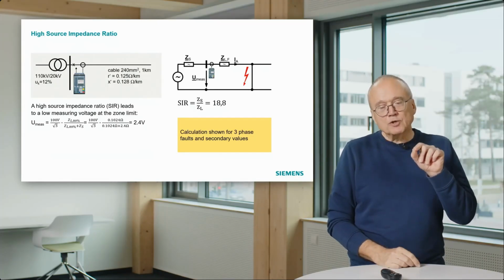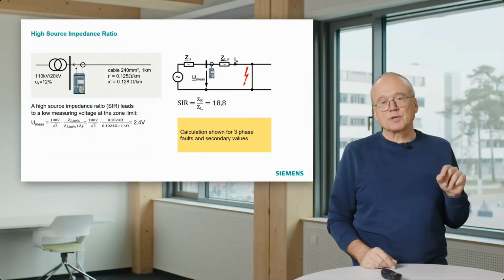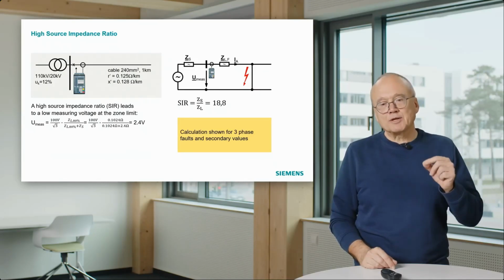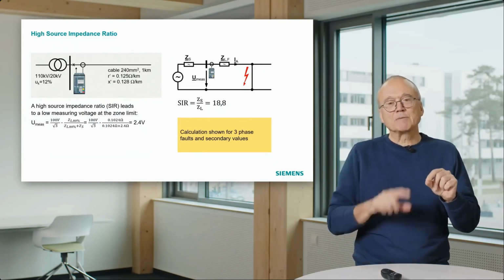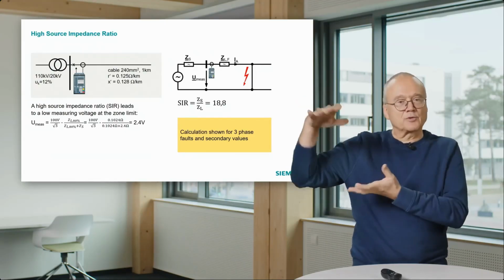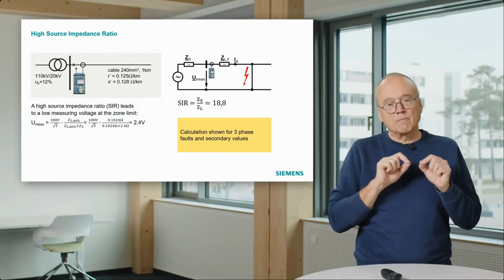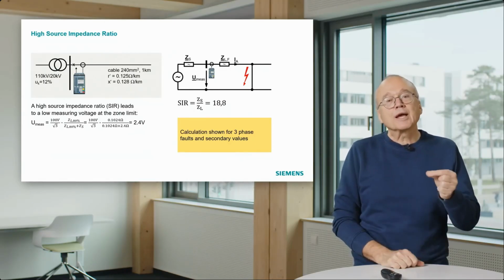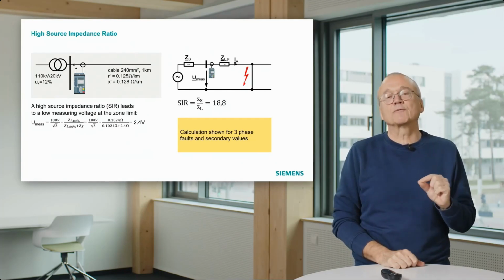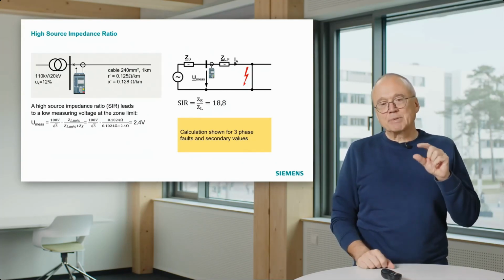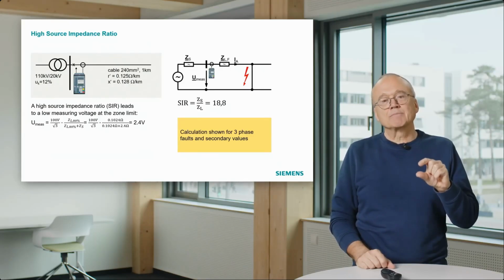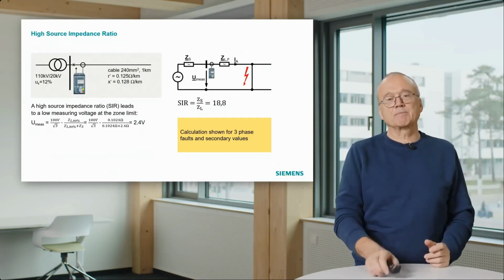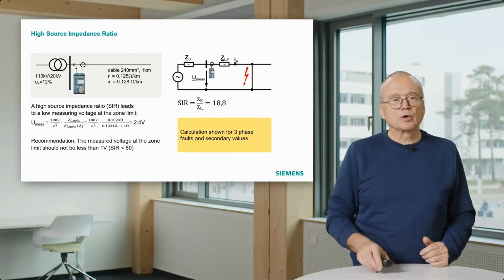But here, if we want to measure the impedance with an accuracy of, for instance, 5%, we also have to measure the voltage with the same accuracy, but not related to the 60 volt, which is the range of the input. We have to measure the remaining voltage, our 2.4 volt, with an accuracy of a few percent. And that becomes difficult if the voltage becomes smaller and smaller. 2.4 volt is still in a range which is acceptable. So our recommendation in this context is